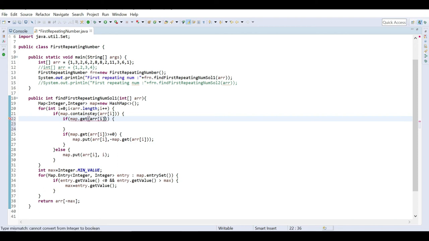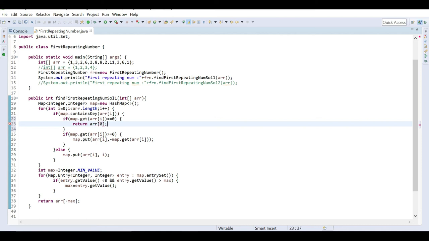If the previous value is equal to 0, that means when I am checking that 1 I again got, I am checking what the previous value was. When 1 first entered, the index value was 0. So if map.get of that 1 is actually 0, then we simply return the array's 0th position value as our first repeating element.